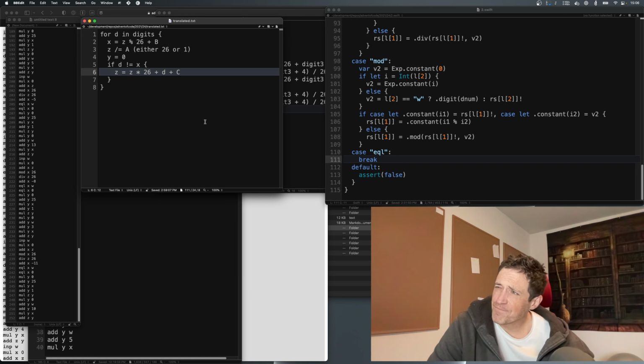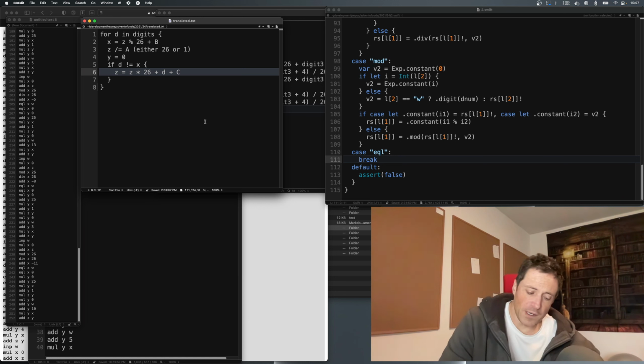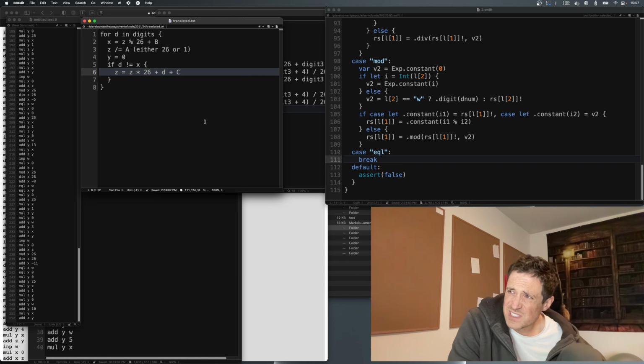So in the prior iteration, we need either Z less than, okay, what is C on the prior iteration? Okay, on the prior iteration, if Z is greater than 26,